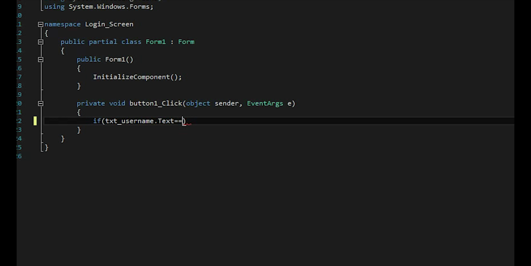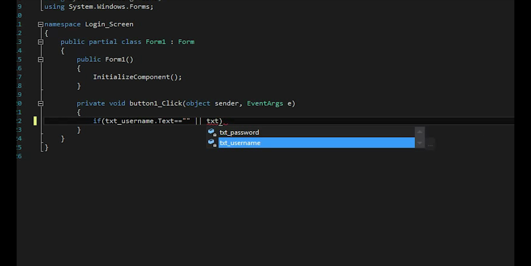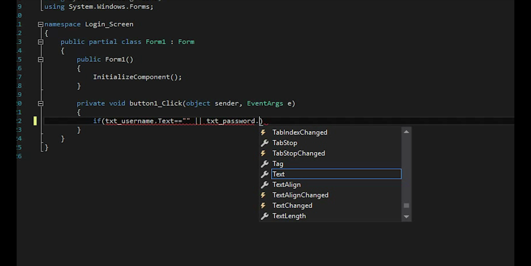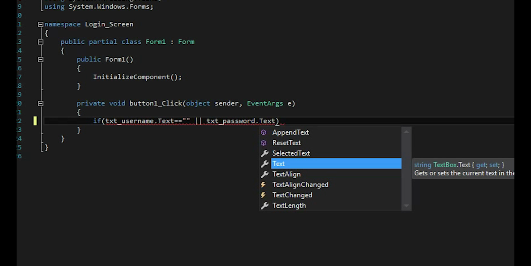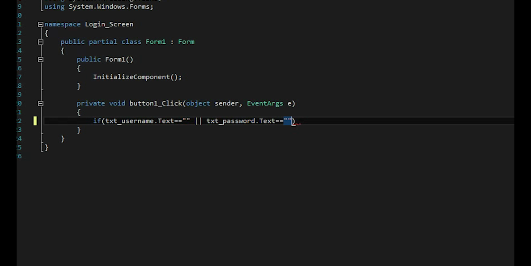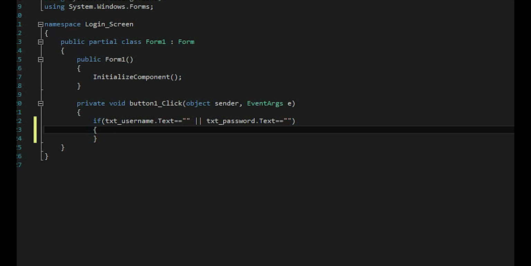Then two equals, and spaces, and this text, and now we want the password dot text equal, just like this, so that when you don't write anything there,